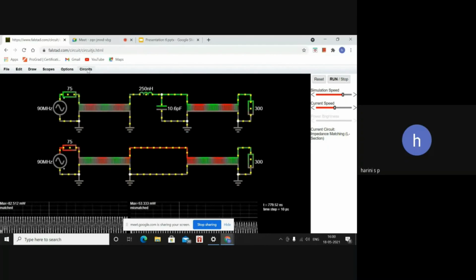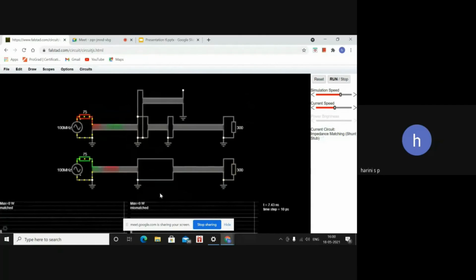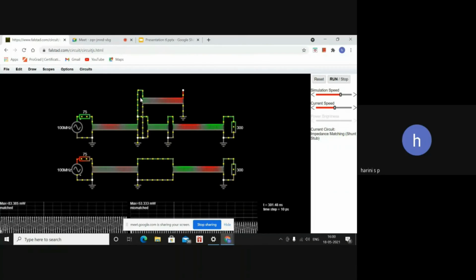There is another form of impedance matching circuit named shunt stub. A shunt stub is nothing but a short section of transmission line which is used in place of the L section. Two transmission lines with different characteristic impedances are matched with this shunt stub. With impedance matching, more power is delivered to the load.